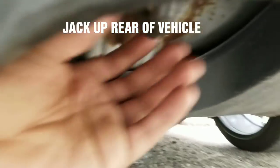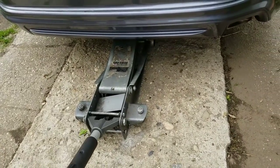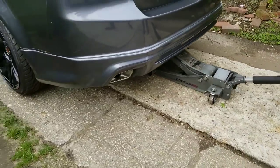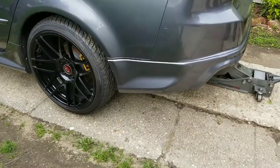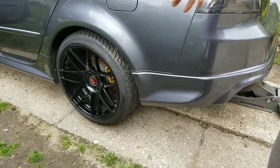When I jack it up, I usually jack it up behind here on the tow hook. So I'm going to jack it up behind the tow hook on the bottom where I showed you guys. What it's going to do is lift the side here. Move the wheels off the ground. Yep, it's off. Use jack stands. If you don't have jack stands, then get another jack to just support it a little bit